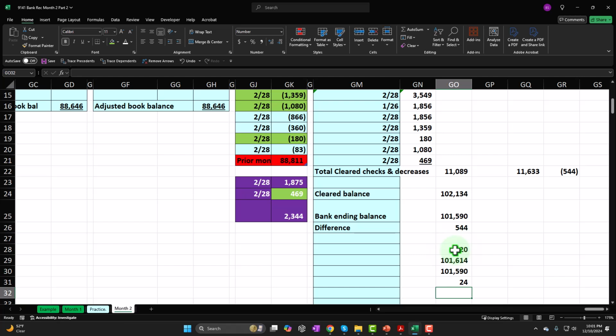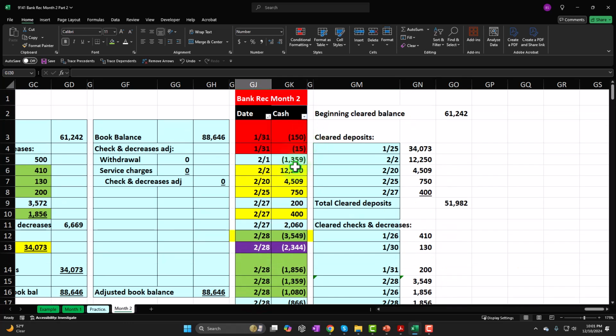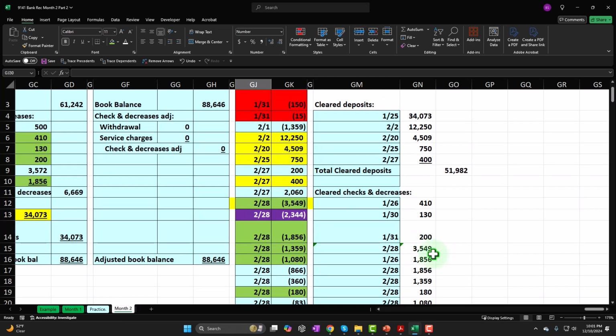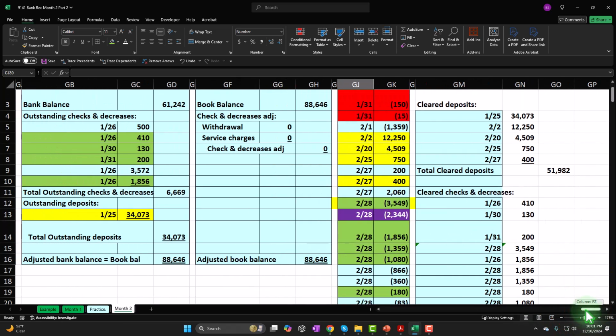You could force it to reconcile, but note that if you did that, then you wouldn't pick up the problem because there is a problem. So you should be able to get it to the point where it exactly ties out, right? Because it has to exactly tie out if we tick and tie everything off. So if I then go through here and say, okay, well, what was the problem? And I basically tick and tie these off, I'm going to come to the conclusion that I believe this